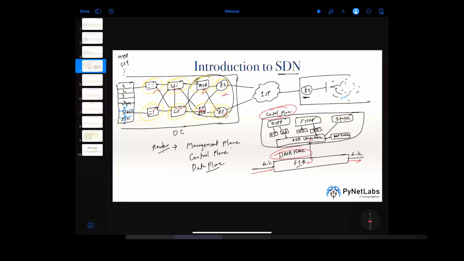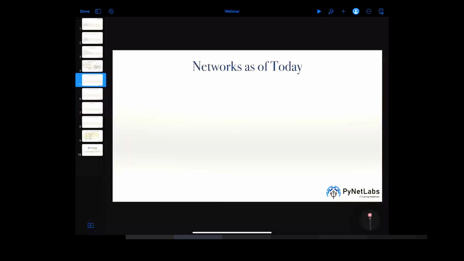And for the same reason, we are going to move towards automation. Now, what does automation do? When we talk about networks as of today, if we talk about how network automation is going to help you achieve that, you can think of it in a way